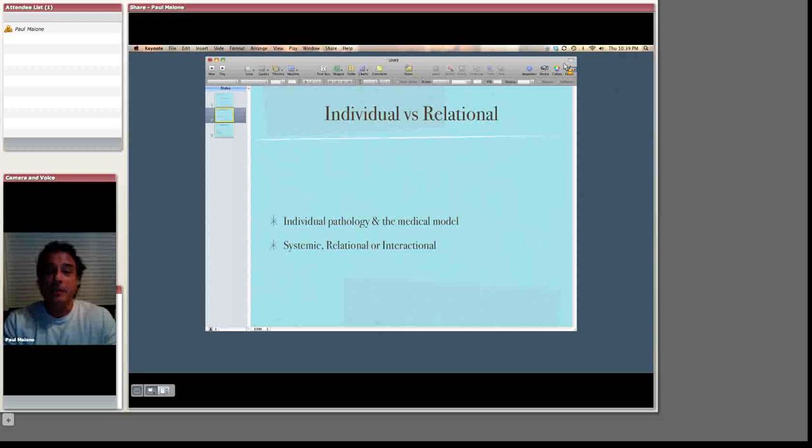So, the medical model is pretty much where a person or people consult experts with some problems they're having, and the expert does some kind of diagnosis and assessment, and then prescribes some sort of fix or change, or in the case of medicine, provides some medicine or some kind of rehabilitation. And the medical model is very much firmly established even in the mental health world. The original brilliance of family therapy was a direct challenge to the medical model.